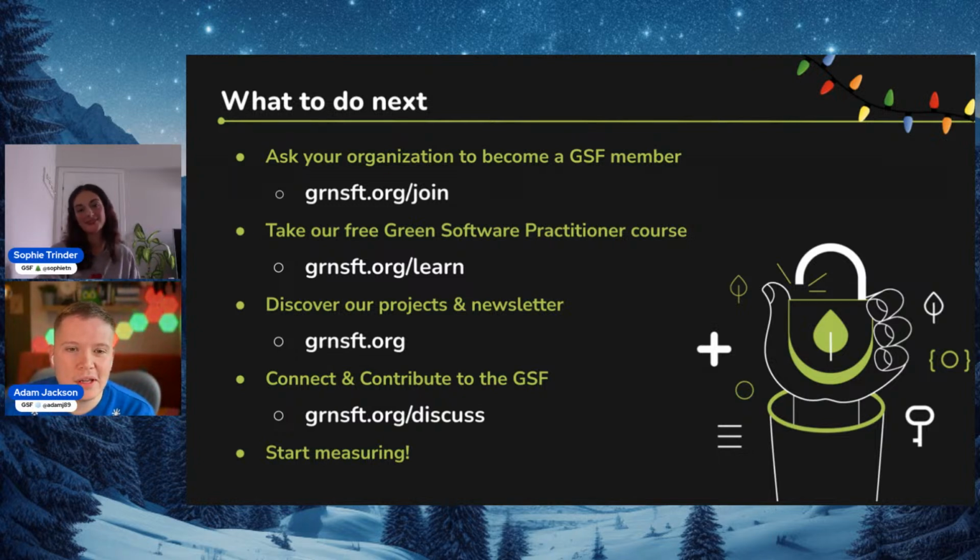The benefit of being a member is to really help us build out those standards and projects. But of course, the Green Software Foundation is also an open source organization, so everyone can make open source contributions to projects as well. And all of our tools are free and open source to use. But being a member, as an organization, means that you can really influence our roadmap.